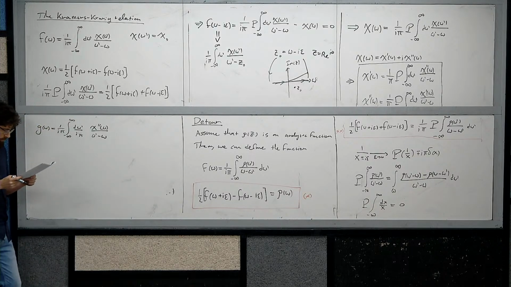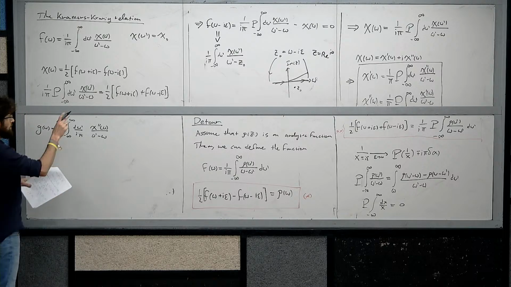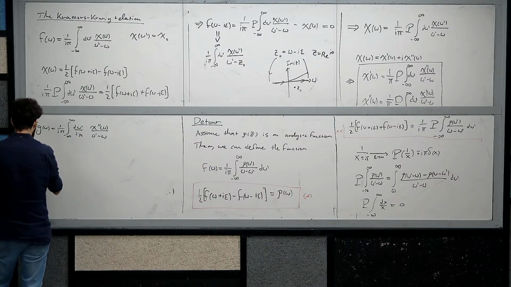Okay? Now, according to what we've just shown, g of omega plus i epsilon